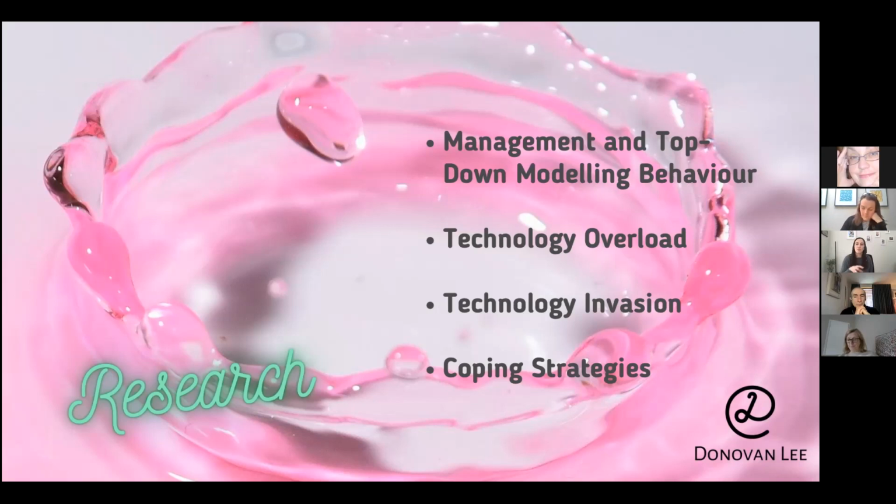Ultimately, the perception amongst participants was that a clear information and communication technology usage policy had not been defined by their organization. And from having conversations and doing lighter research post this research, that seems to be the case for a lot of organizations. So if there's no clear strategy or policy in place to let employees know what's expected and not expected of them in relation to their usage.